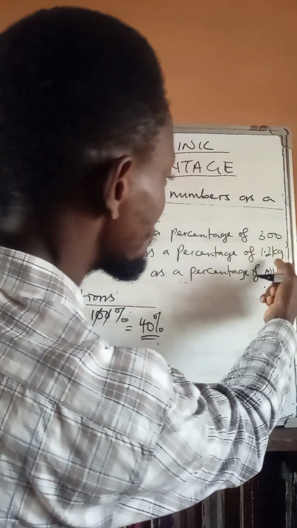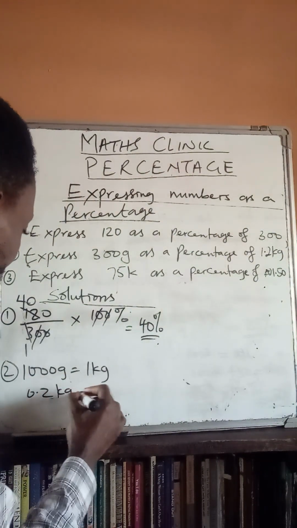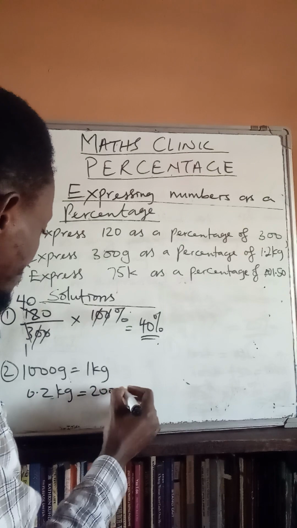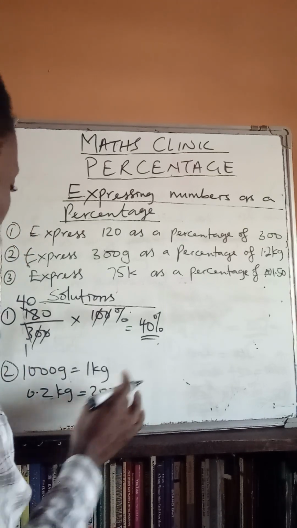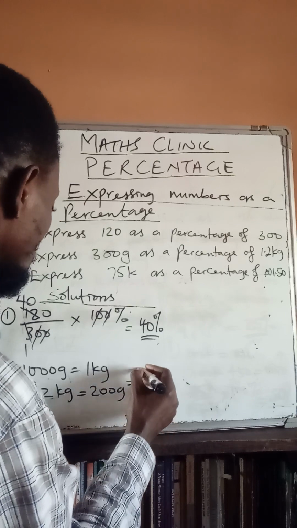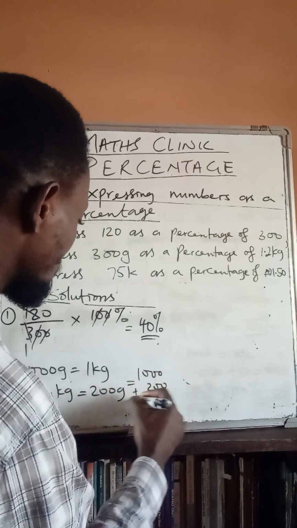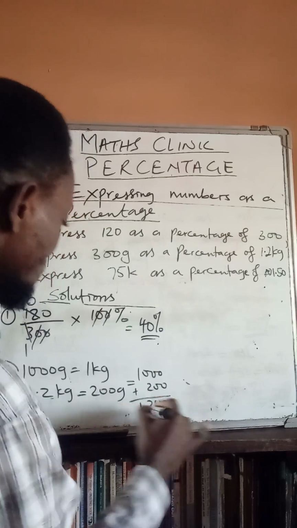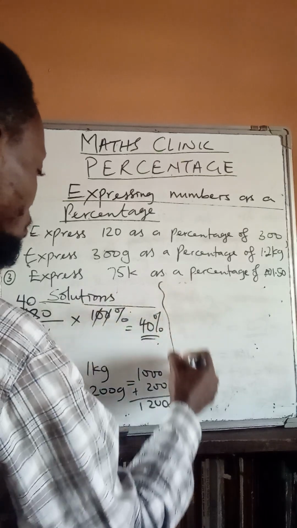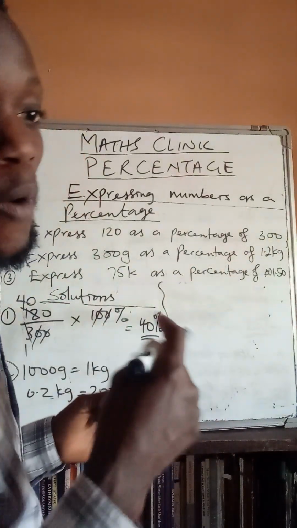Then we have 0.2, this is actually 0.2 kilogram, which is the same thing as 200 grams. So 1000 grams plus 200 grams will give us 1200 grams. That's what we are going to be working with instead of 1.2 kilograms, to aid our